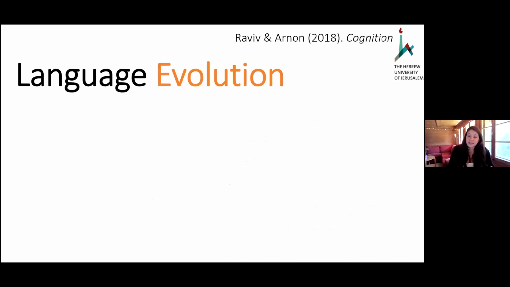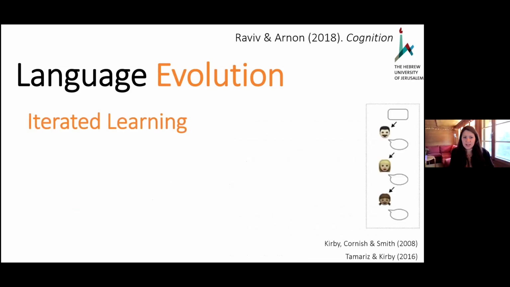Okay, so next I want to study language evolution in the lab, and specifically the emergence of linguistic structure in the process of cultural transmission. And I did this using iterated learning experiments, where I'm pretty sure most of you have heard about this before. In these experiments, you have participants learn some target behavior, like an artificial language, and then their learning output,